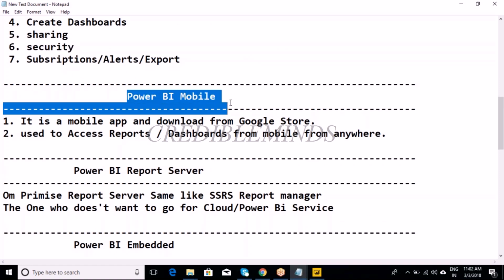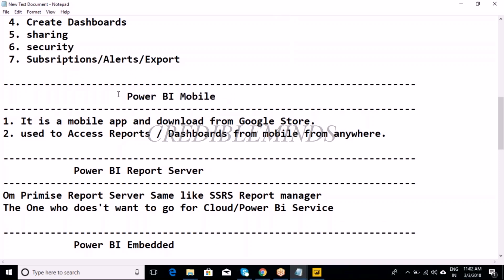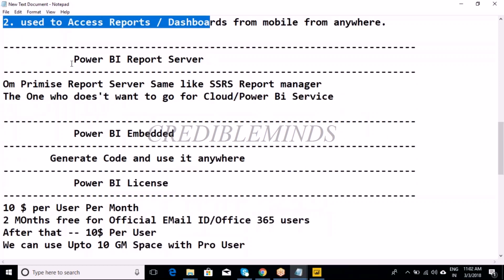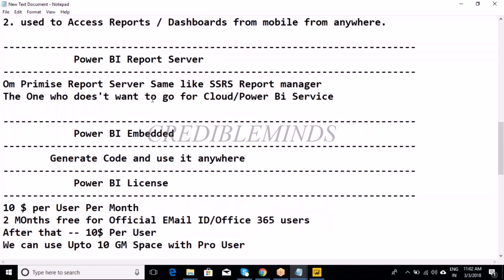And as I told you, Power BI mobile reports. Rohit, yes, 100%. It is the best, not only a reporting tool, it is a dashboard tool, an in-memory tool. That's where I want to highlight in-memory tool. I will come back to what an in-memory tool is. So this is a mobile application.